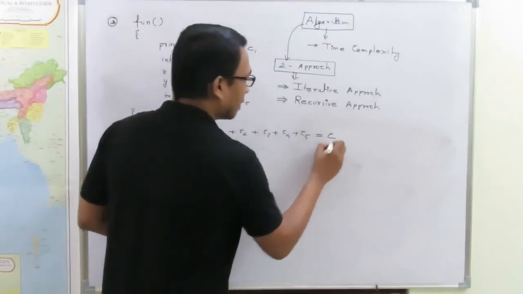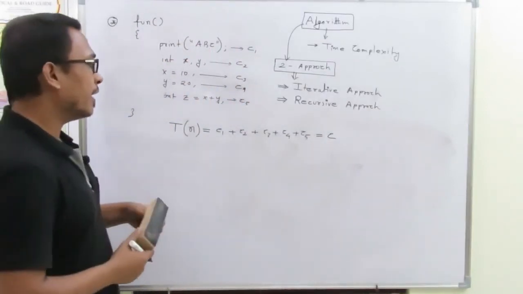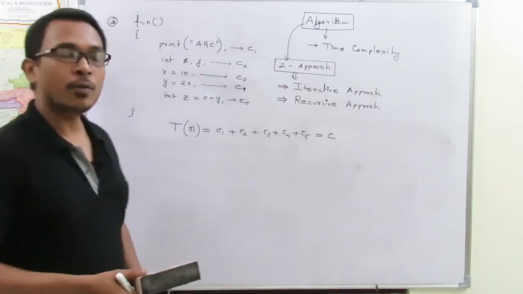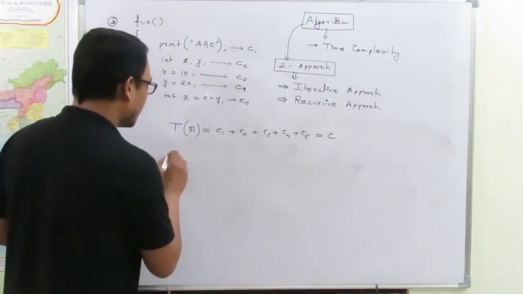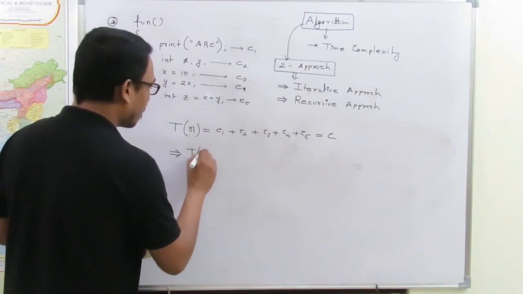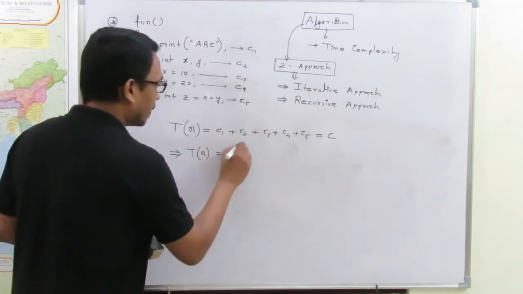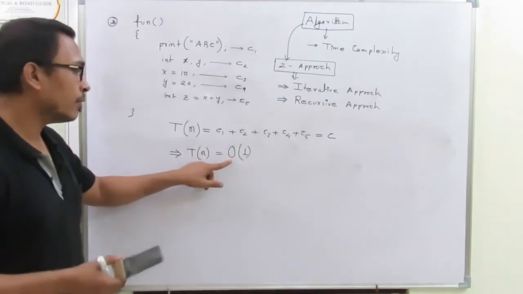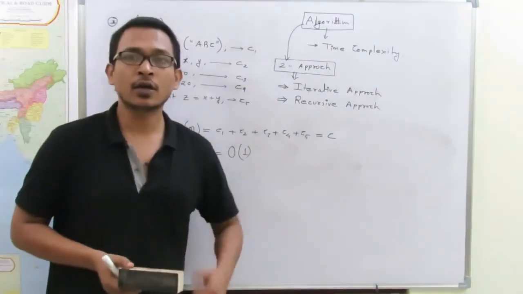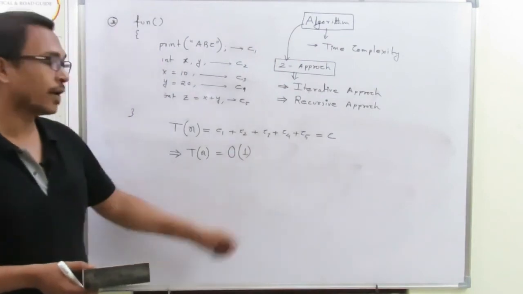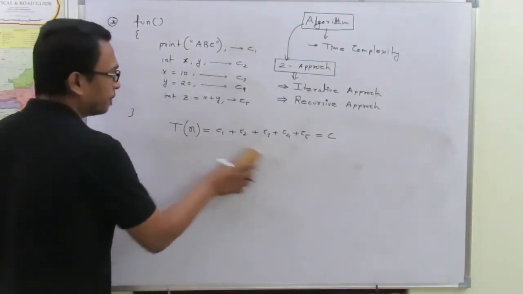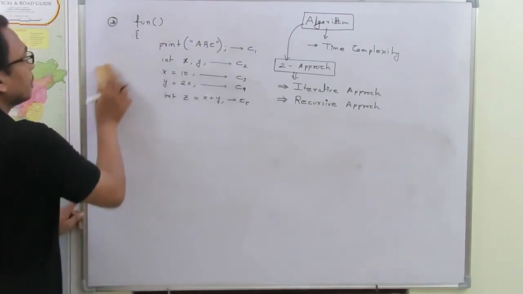So let that constant be C. Now whenever we get any constant time complexity, how can we represent it? We can represent it by using order of 1. Look, this one is big O notation, again called order of 1. Clear? So hope you understood the concept. Next,